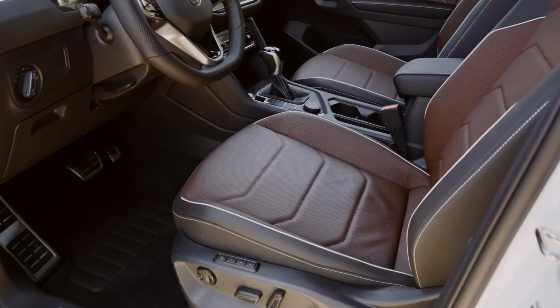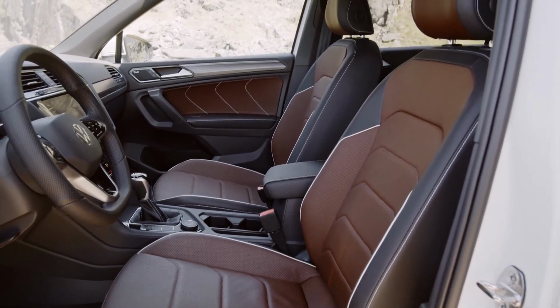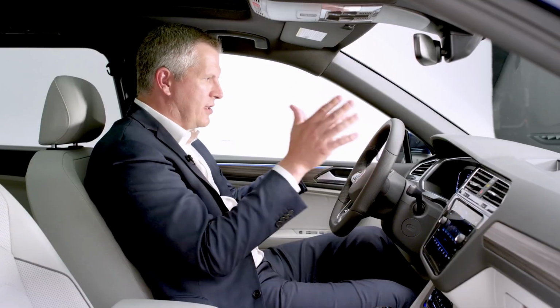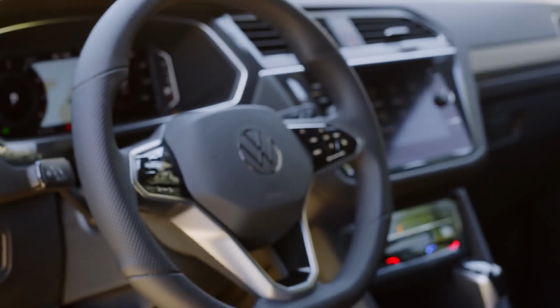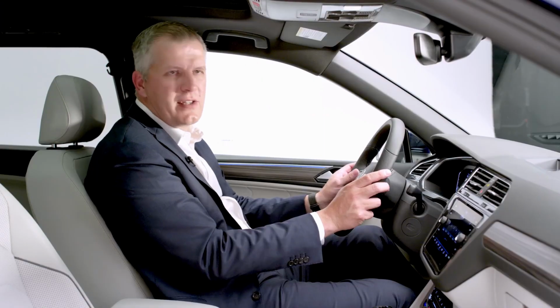And we've upgraded the seat palette to include a new cinnamon leatherette and a warm nut brown ventilated leather named Noisette. If we then focus ourselves on the driver's view, you can see this beautiful leather-wrapped, perforated R-Line sporty steering wheel. And this is also enhanced with these beautiful capacitive touch switches, which give you feedback very similar to an